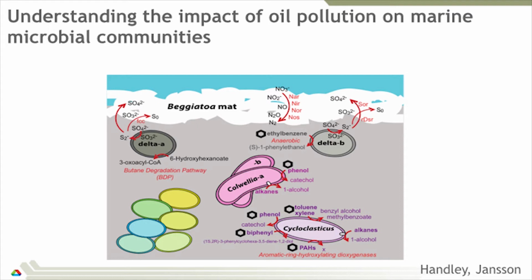Like the Beggiatoa are doing some nitrogen transformations, and then we see some of these delta bacteria and the Colwellias and the Psychrosercus that everyone else predicts. And we can basically take the metagenomes, assemble those genomes very easily from this very complex environment. Well, I say very easily. It seems very easy to me, but I'm sure Kim rips her hair out on a regular basis trying to work through this. And then take that information and predict what these big players are doing.